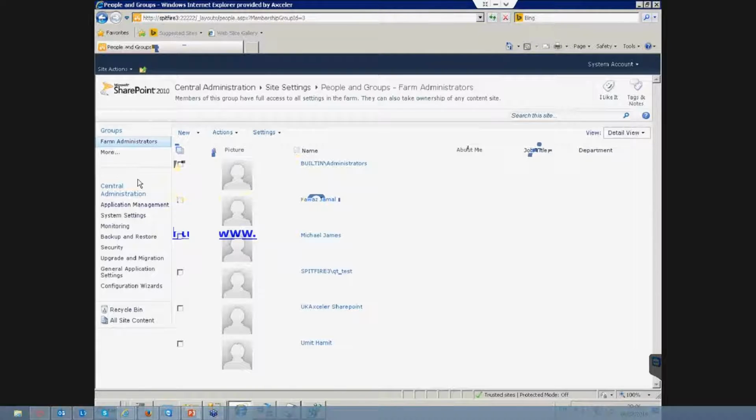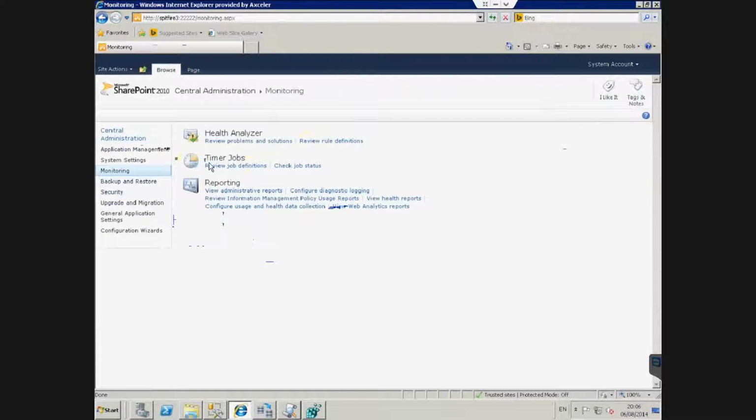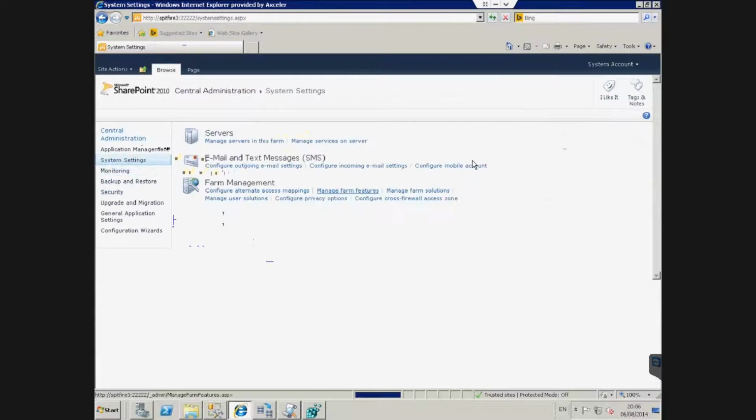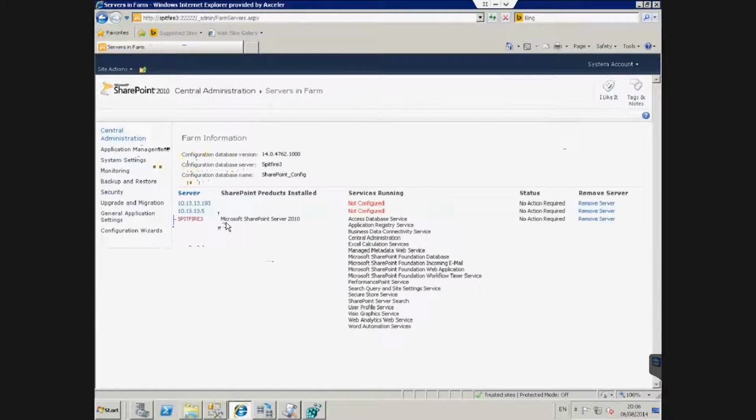As you can see, I've got Central Administration open. In Central Admin, we can see that I've got a single server essentially running, and it's this local server. This is a very, very simple farm for the purposes of this discussion. It could get far more complicated, and obviously as more and more servers are added and the levels of abstraction grow, the points of failure can increase, and we'll talk about it a little more at the end of the discussion. But in general, we've got Spitfire 3, which is our main SharePoint server, and he hosts pretty much everything, right? He also hosts the SQL server,